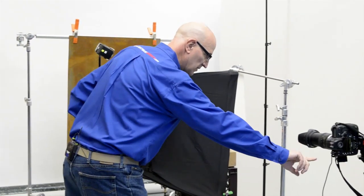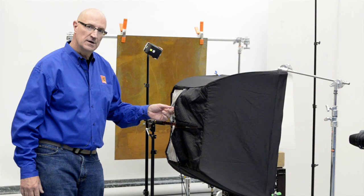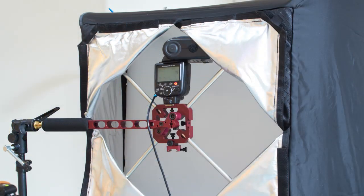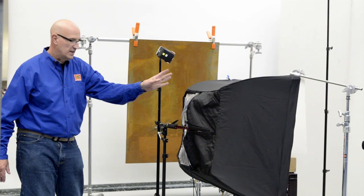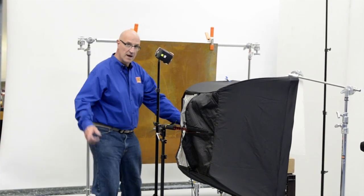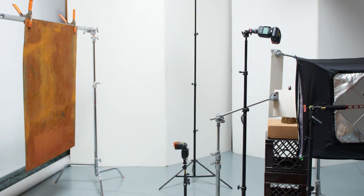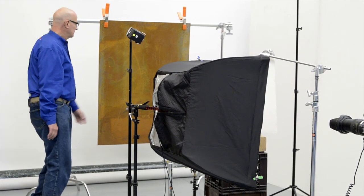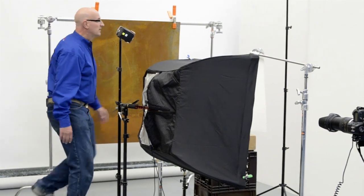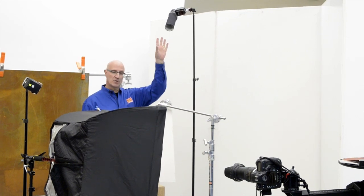So right here I've got a standard PC cord that goes into the box, right into the PC sync on the Nikon SB900. Now, back behind that, we've got another Nikon SB900, and it's doing a little edge light. In our background, back here, we've got another SB900, and it's on a sync. We've got a sheet background. And up here, we've got another SB900 on a Zoot Snoot,